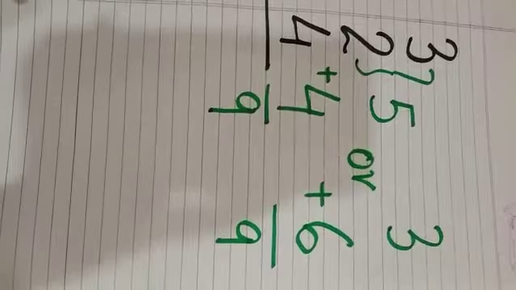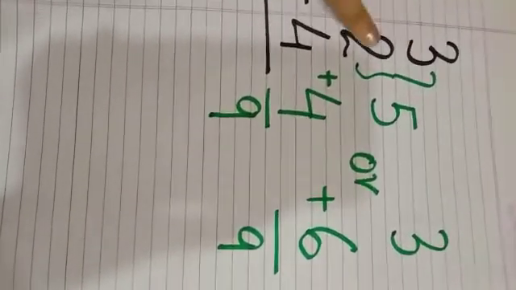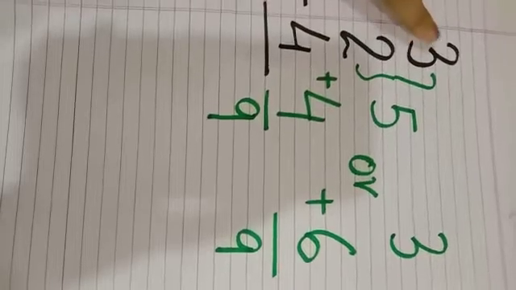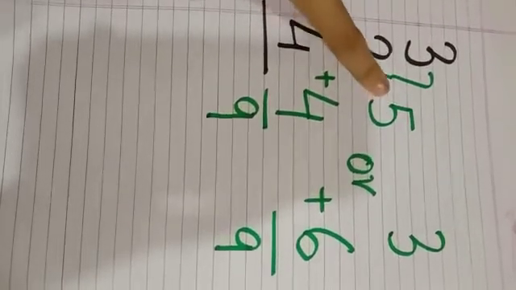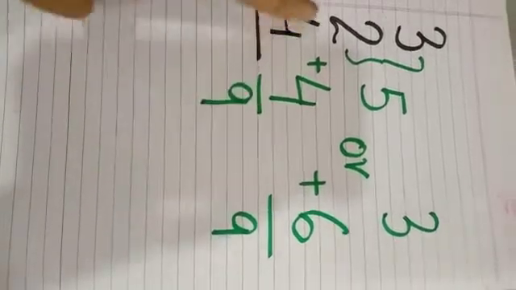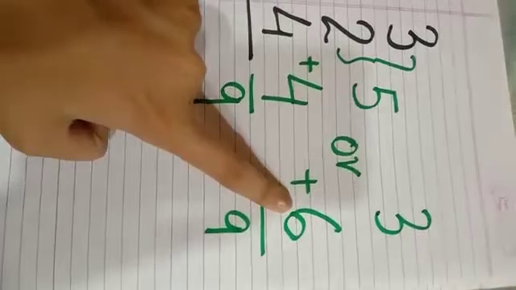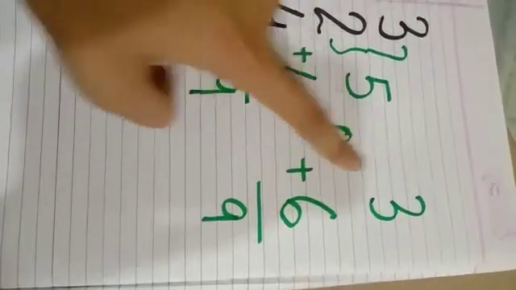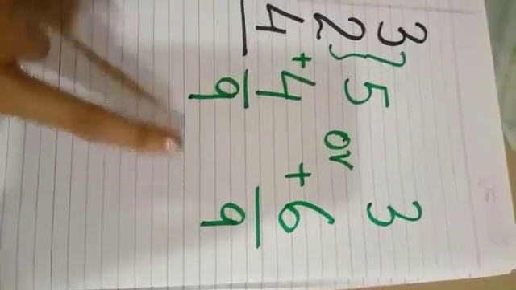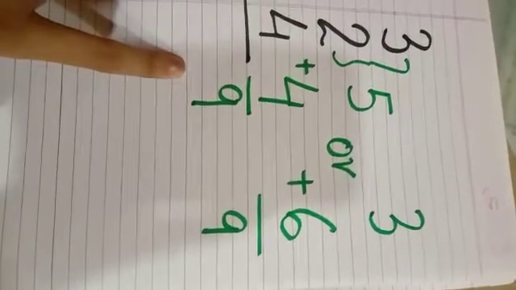The same question can also be written vertically. If we add 3, 2 and 4, the sum of 3 and 2, which is 5, can be added to 4 and the answer will be 9. Or we can add 4 and 2 together, which makes 6, and 6 when added to 3 makes 9. The answer in both the cases will be same and the process shall also be the same.